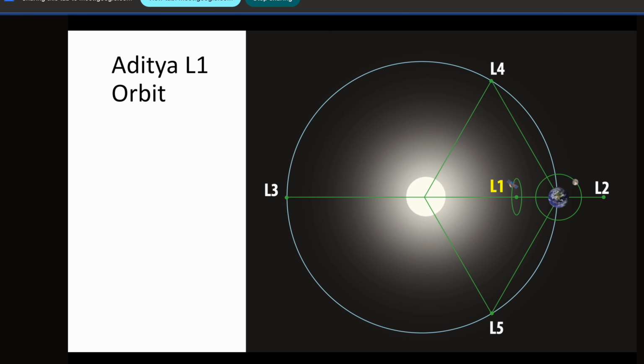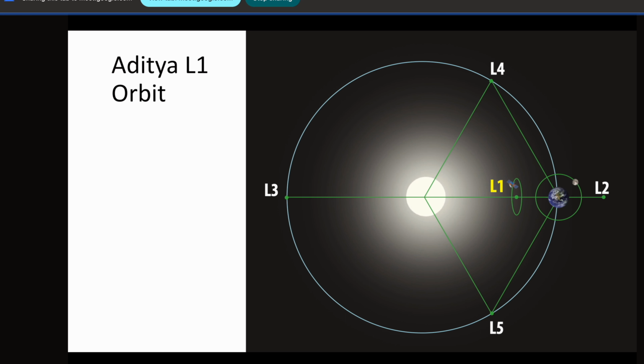You have to observe the Sun, that's why Aditya was launched. You can't orbit the Sun, because making an orbit around the Sun is very difficult, as it has to travel a very large distance. If you revolve around the Sun, it will take a long time to encircle it. So that is not a feasible option. Instead, your satellite will not be under the influence of Earth, nor orbiting the Sun. You put it in a place where both the forces are balanced. So it's a halo orbit.